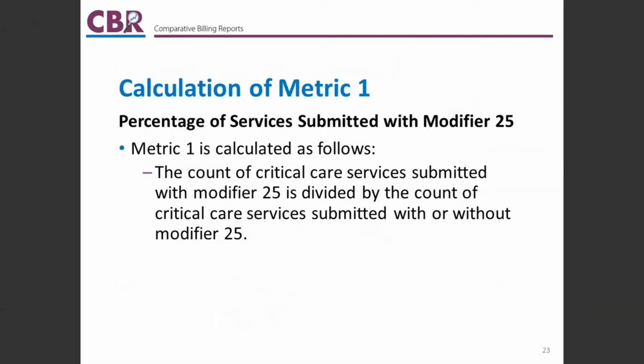Looking first at metric 1, the percent of services submitted with modifier 25. To calculate metric 1, the count of critical care services submitted with modifier 25 is divided by the count of critical care services submitted with or without a modifier 25. Looking at the sample figures on the CBR for metric 1, which are in table 3 on page 6,